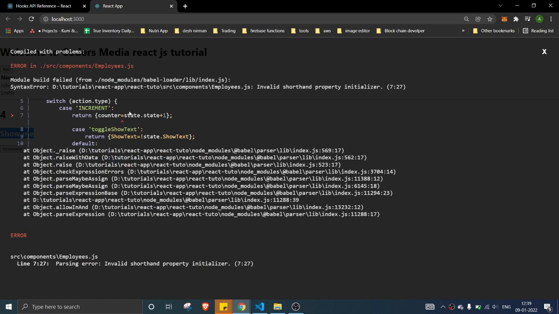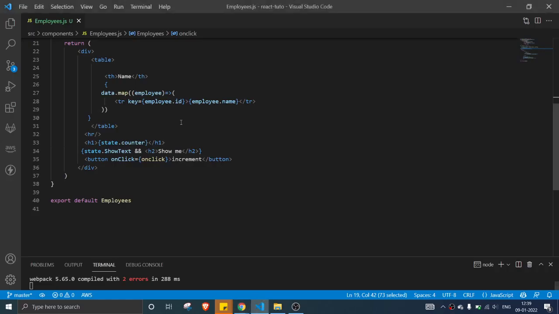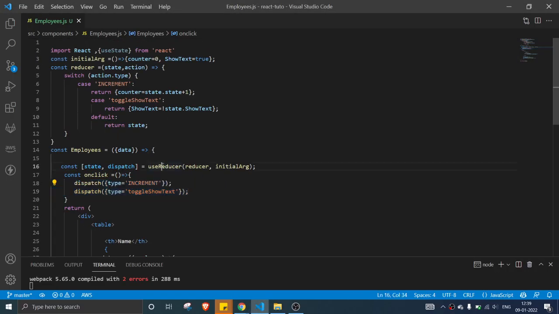Okay, there was an issue because we are supposed to use useReducer instead of useState.